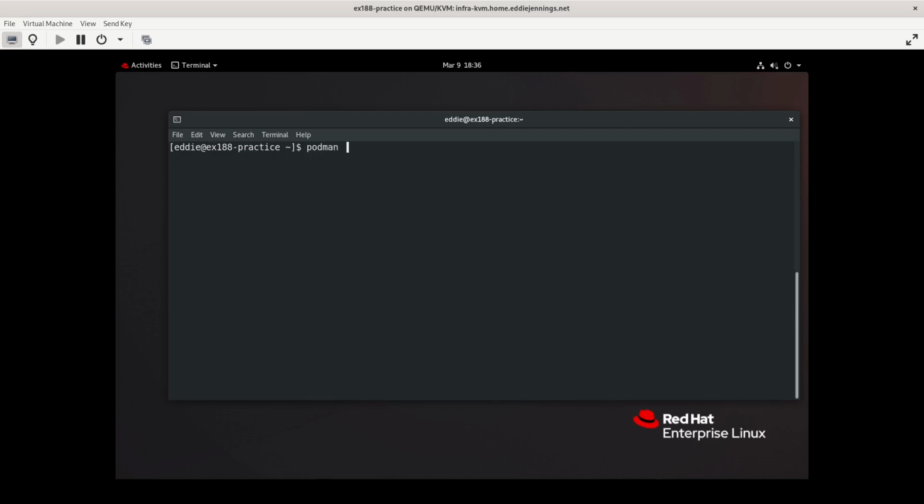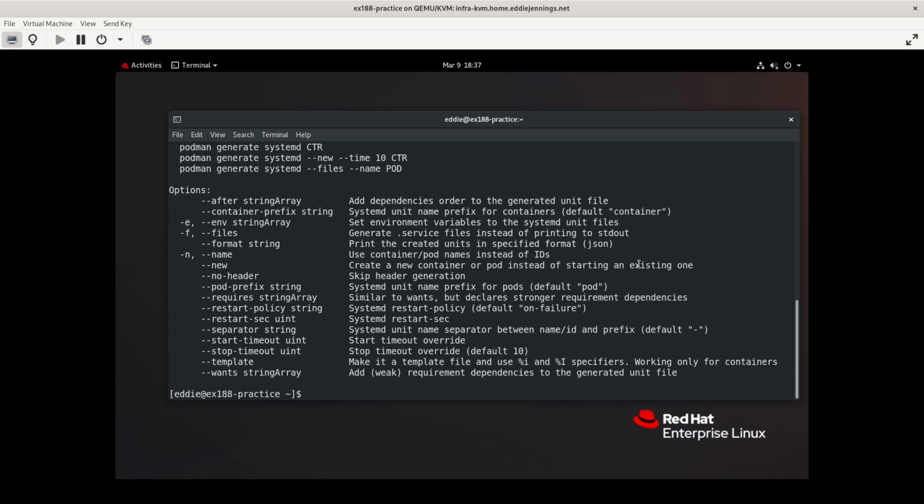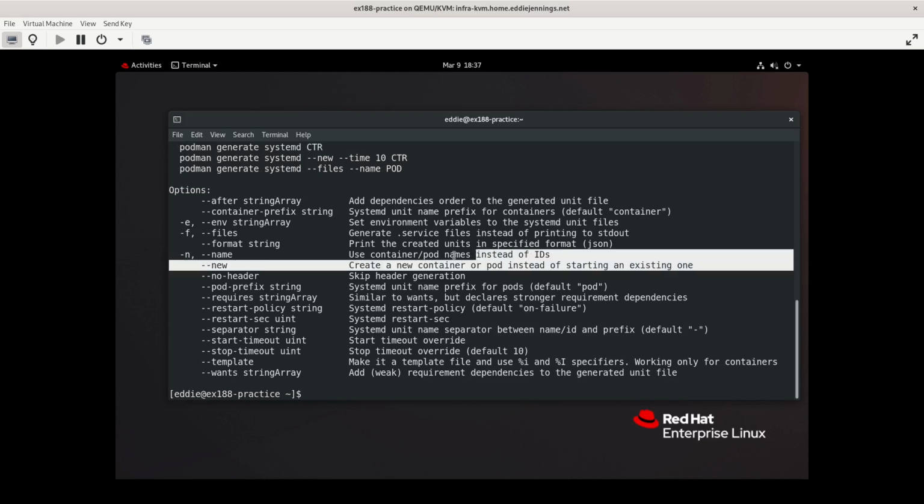Podman, we'll call it web2 this time, run -d, name web2. Actually, we'll go ahead and do the port publishing of this. And of course, the container doesn't necessarily have to be running to do this stuff with systemd, but we'll do podman generate. Kubernetes things with this too, which is beyond my knowledge right now. Do --help, and you can do this for pods as well as individual containers,